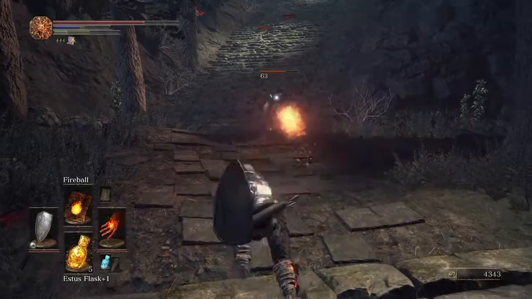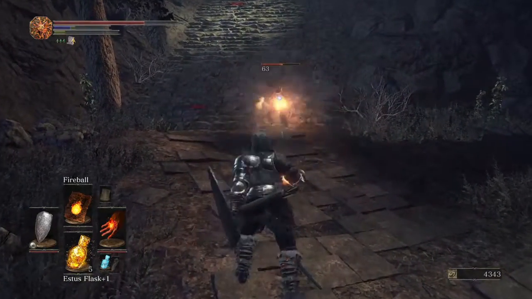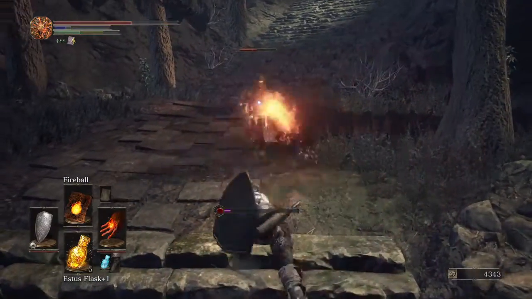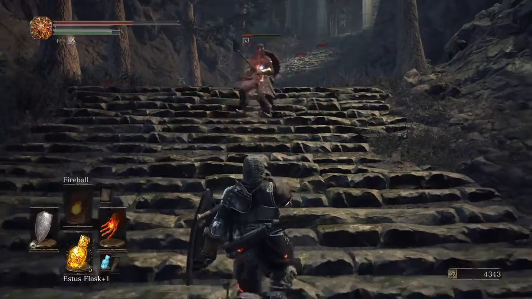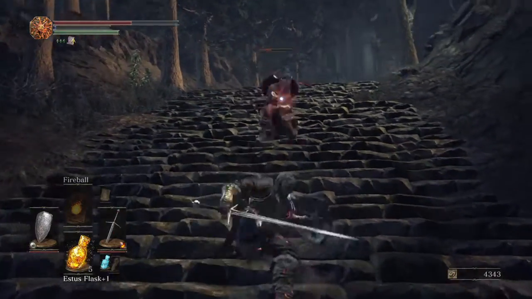We can do a lot of damage with fireballs on this guy. We've taken out half his health. He's going to hit us hard from a distance. Okay, we're done with that. The only problem with this...